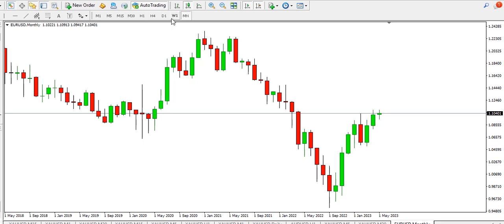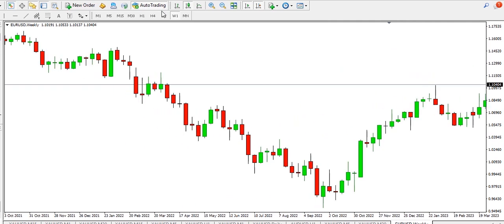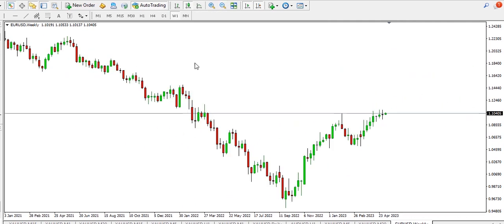Okay, so that's for the monthly time frame, the Euro USD monthly time frame. You can call this a bearish engulfing. Okay, we can call this a bearish engulfing. Let's look up, is there any other engulfing pattern on the weekly time frame? Can we find another engulfing pattern on the weekly time frame? Okay, let's go to the daily